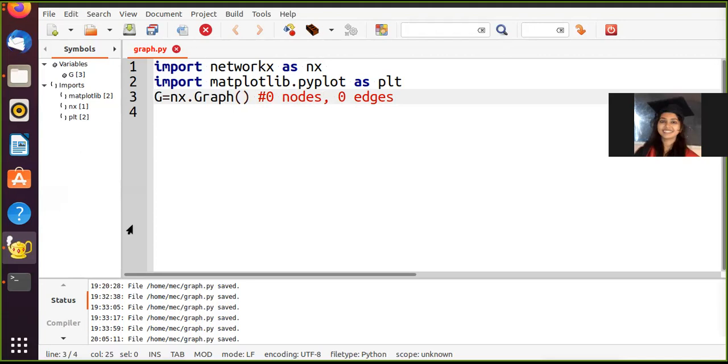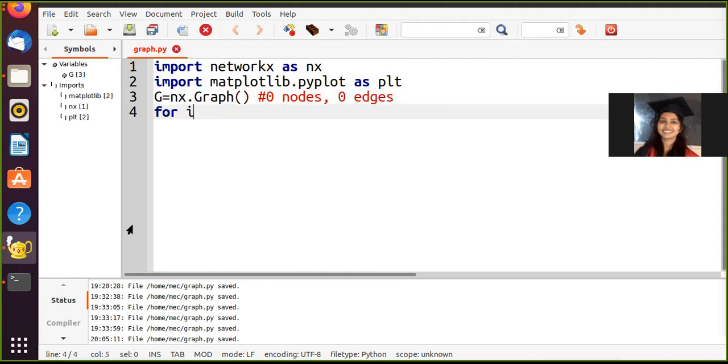So assume that you have an empty graph, and I am trying to add an edge. This is the function for adding an edge, and let's say I write g.add_edge(0, 1). It tries creating an edge from node 0 to node 1, but currently my graph has no nodes, so there is no node numbered 0, no node numbered 1. In this case, if the nodes exist, it will create an edge between these two nodes. In case the nodes are not there, it will first create these nodes and then add an edge between them. So I'm going to run a for loop here, which adds the required edges.